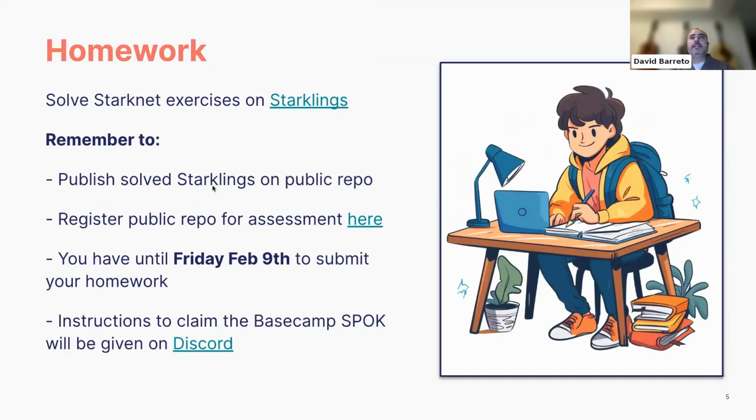About the homework, you know that the homework is to solve Starklings. The only thing pending was the Starknet exercises, right? Because that's connected to today's session. So just remember that that's going to be the homework for today, just to finish the Starknet exercises from Starklings. Remember that when you finish completing this interactive tutorial, just publish it on a